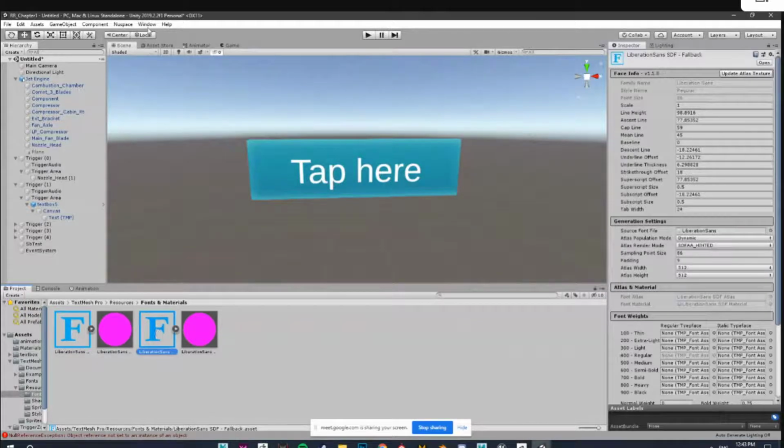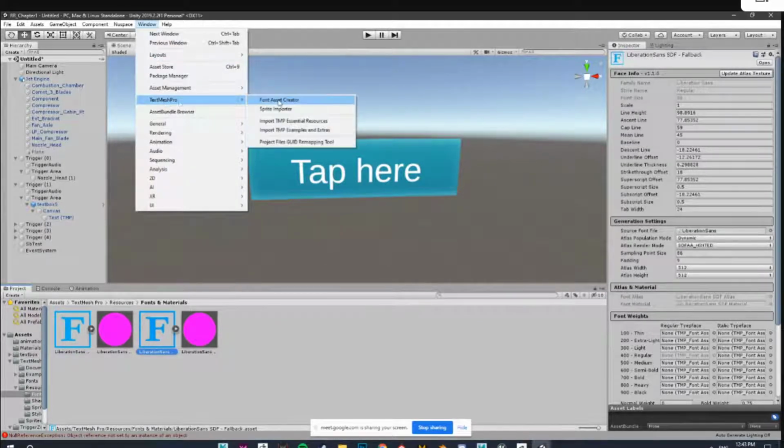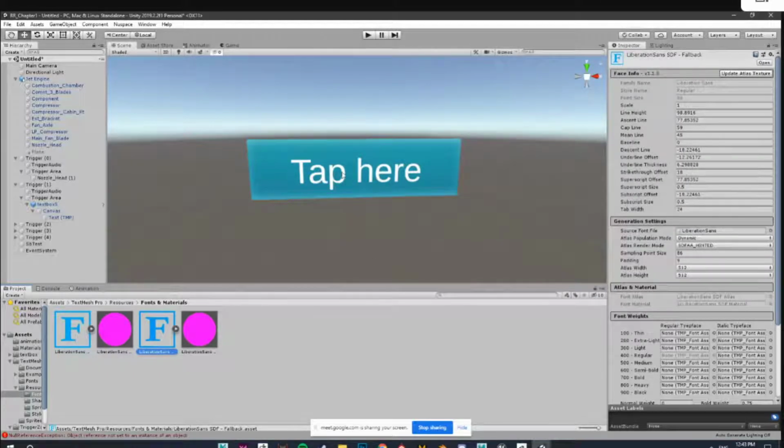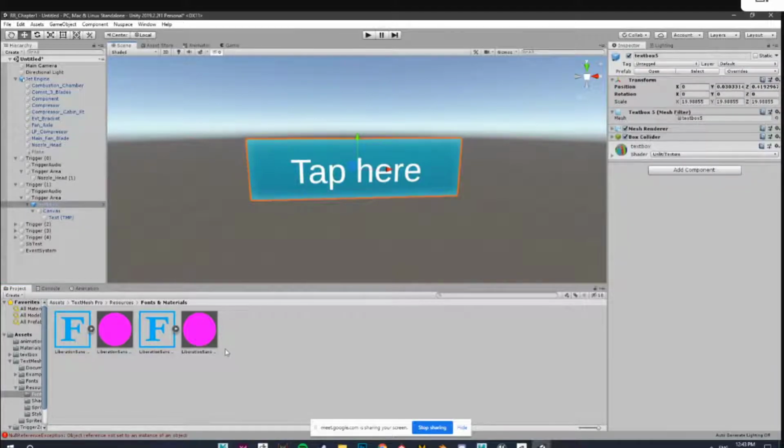Once you have this particular font, you go to TextMesh Pro and Font Asset Creator. In this, we drag and drop our source font file, generate the font atlas, and save. Then we can use our custom font. Okay, it's basically a TTF file from typical Windows, which we upload there, and then create a text font asset. Yeah. Okay, fine.